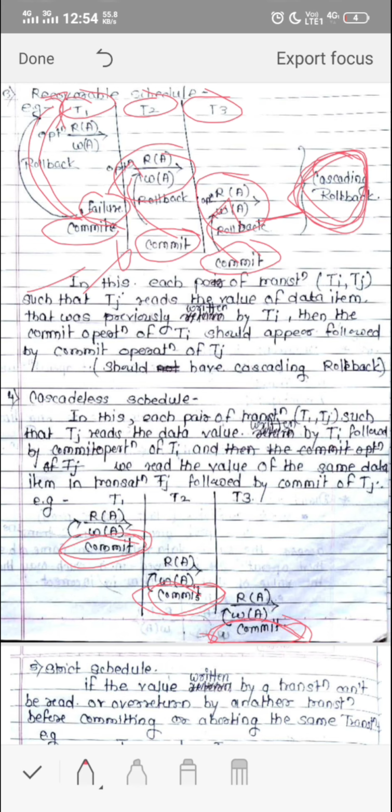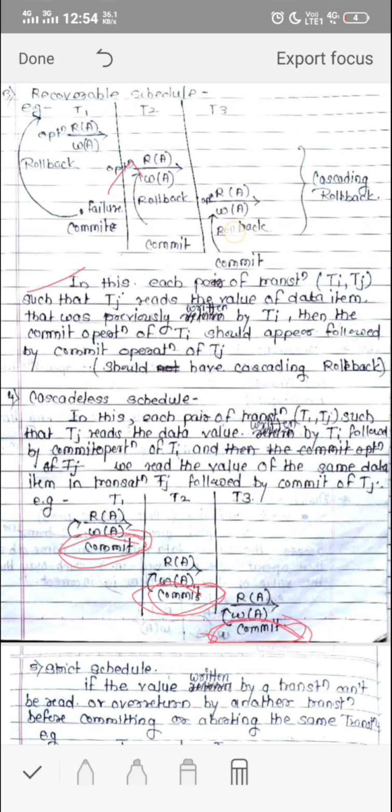Here there is a different scenario: the commit operation of T2 is after T3. So this is the difference between a recoverable schedule and a cascadeless schedule. Okay, hope you people have understood what cascading rollback is and how we recover from the cascading rollback. Okay, done.